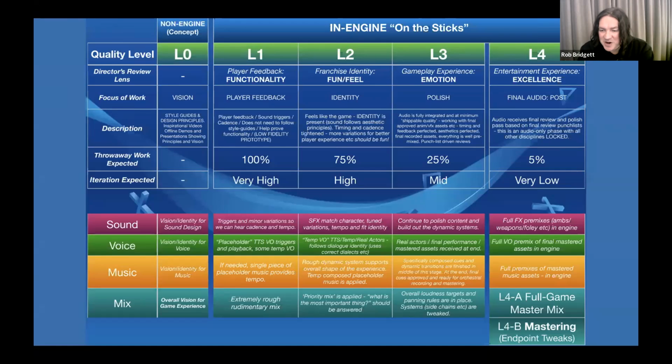Sometimes you don't quite know how to put that vision on screen, so you're learning how to do that as well. So that's the second lens that we look at for L2: are we getting the feeling of this unique world, and is that coming across on screen and through the sound as well? So again, still quite rough, not enough variations there, not enough systems there, but we're happy with the tone and with the sound itself.